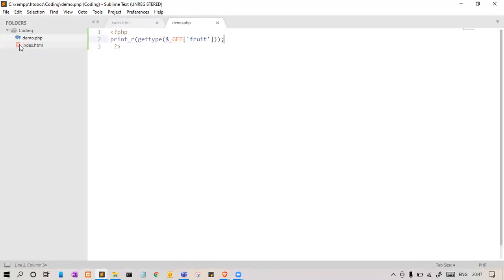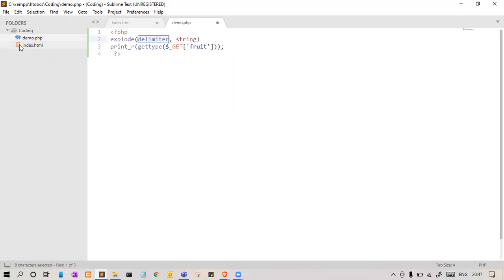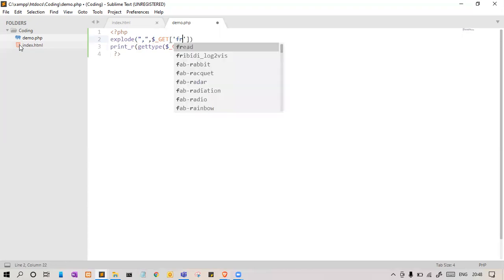Let me show you the type. It is a string. So how do we convert a string to an array? There is a function for that: explode, with a delimiter. We want to split at the comma between the data. So the comma, and then passing what you want to convert: this get, fruit.